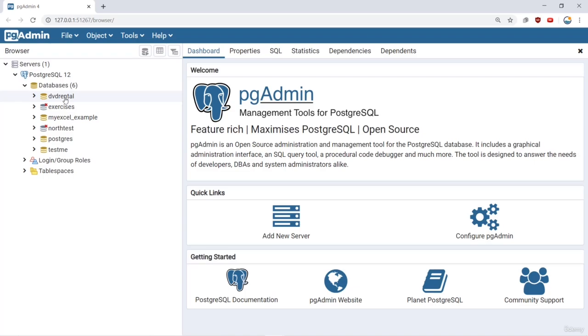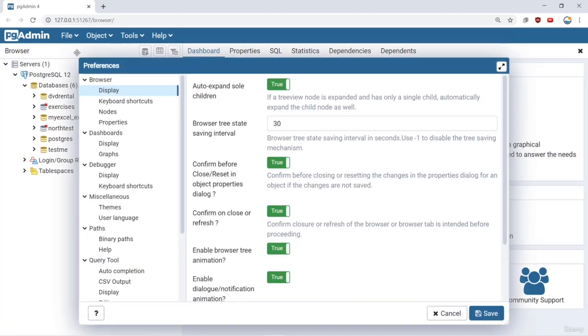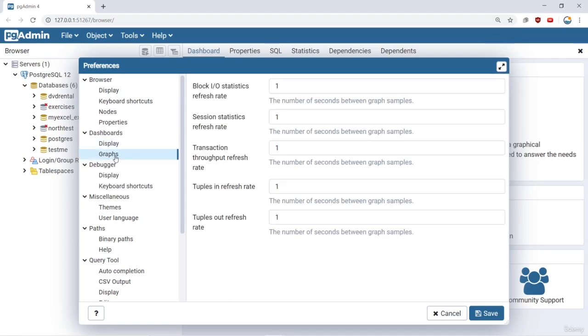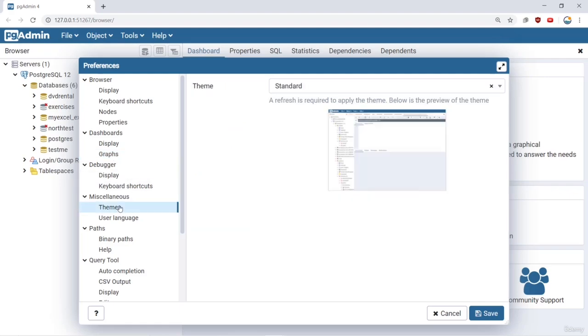First, I want to start off by how to edit your visual preferences for pgAdmin. If you come to File, select Preferences, you'll see a wide variety of preferences. A lot of these are geared towards advanced users. So you have things like what to display on the dashboard, what graphs to show and the refresh rate for them. But probably the ones you guys are most interested in is if you come to Miscellaneous and select Themes,